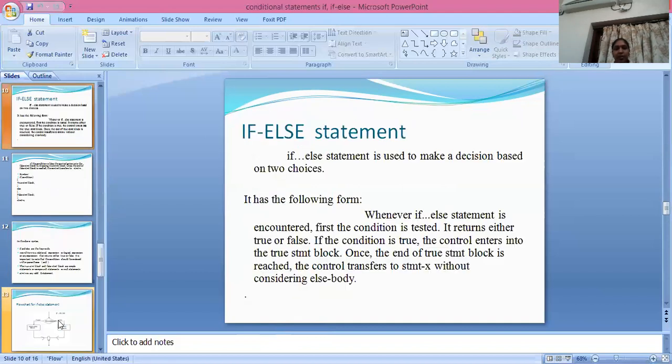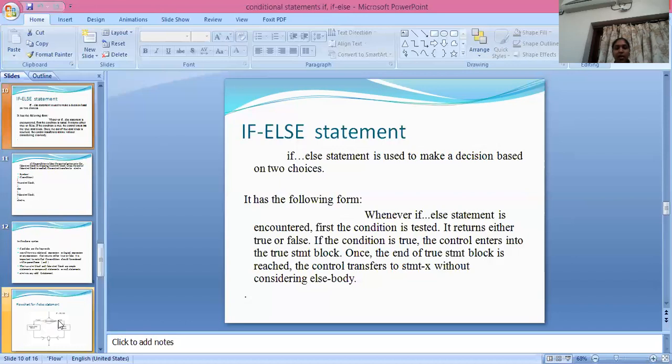Next, the if else statement. The if else statement is used to make a decision based on two choices. Whenever an if else statement is encountered, first the condition is tested. It returns either true or false. If the condition is true, the control enters into the true block statement.